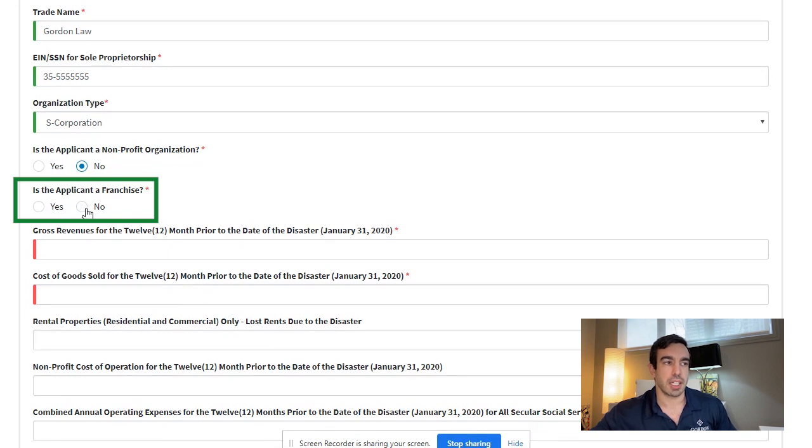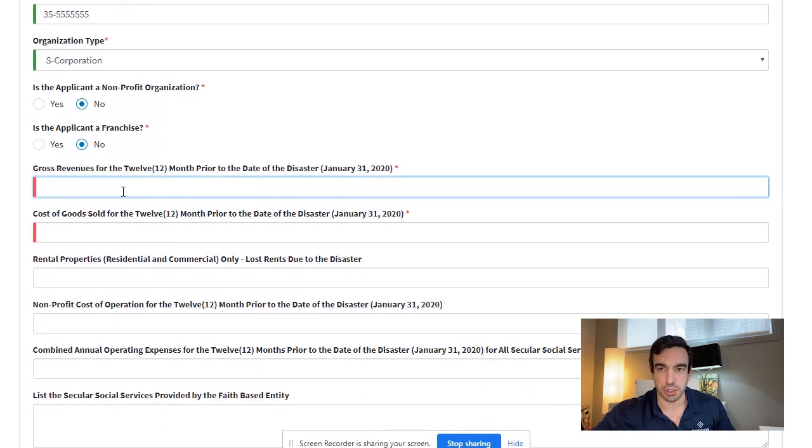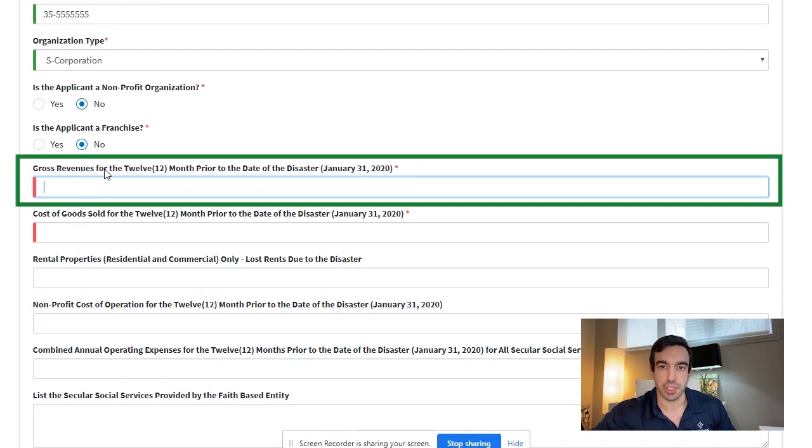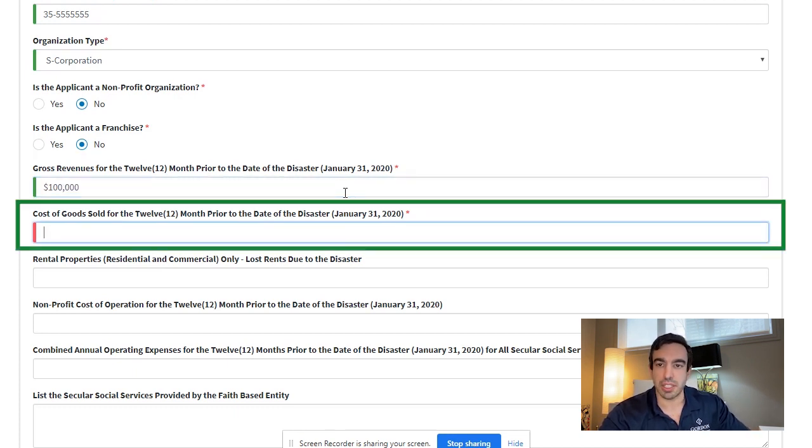Otherwise, no. And here, then it asks for financial information. So pull out your profit and loss statement from last year and actually all the way to the month prior to the date of the disaster. So through January 31st, 2020, you'll want to estimate as close as you can your gross revenues for that time period. So we're just going to put in 100,000. And then it also asks your cost of goods sold for that same 12-month period. And this would be a good question. If you're not sure how to answer it, reach out to us, reach out to your accountant for what to